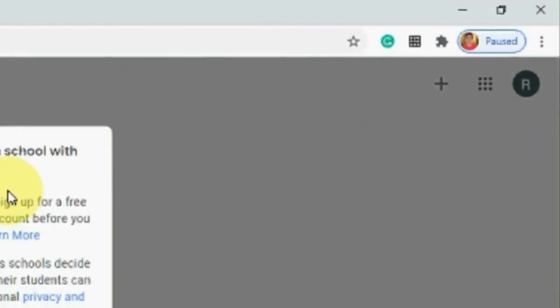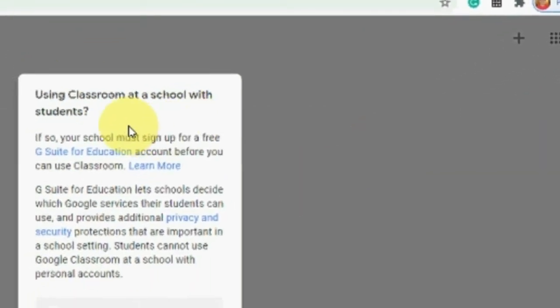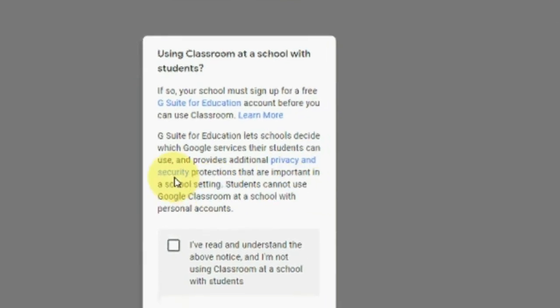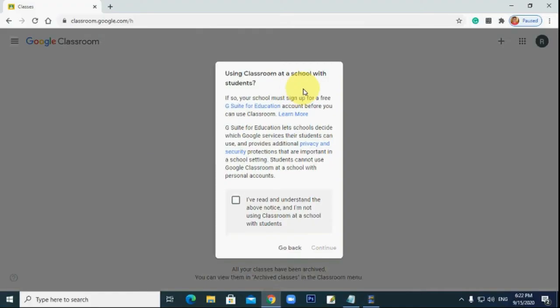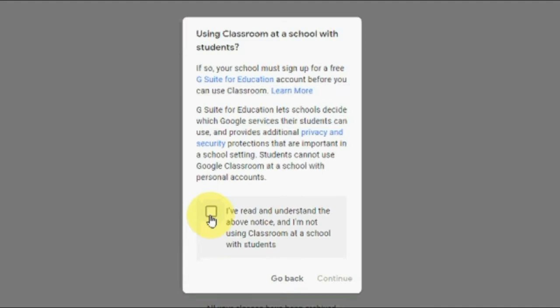Now as an admin, as a class teacher, I am going to create class, so I click on this create class. Now you can see here one dialog box. It gives some message for you, because if you are going to use your Google Classroom for students for teaching and learning for any particular school, then you can register it with the Google, and it gives you lots of features. But now I'm using from my personal ID, so I click on here and click on this continue,